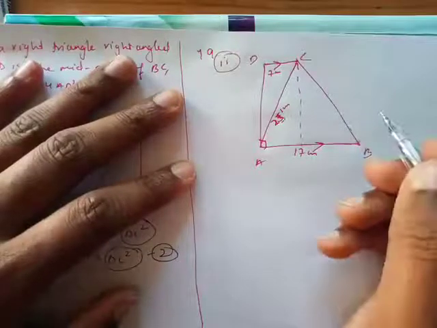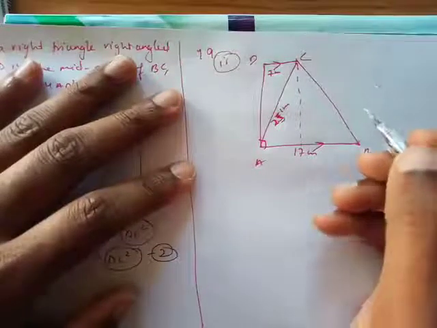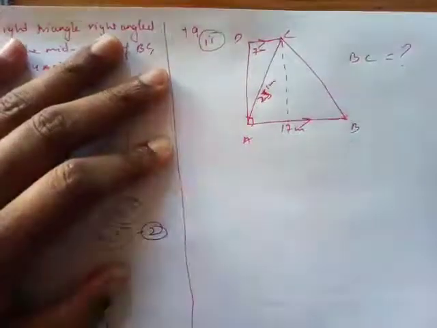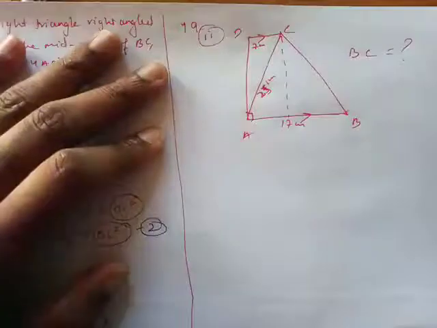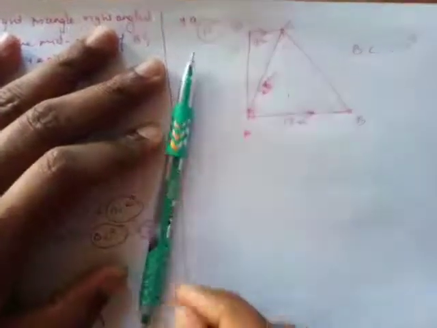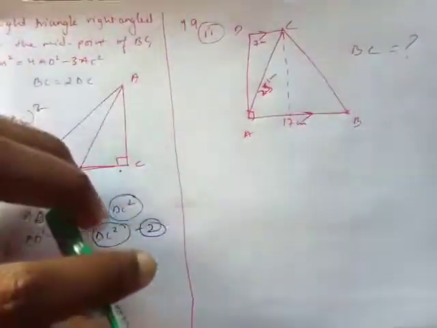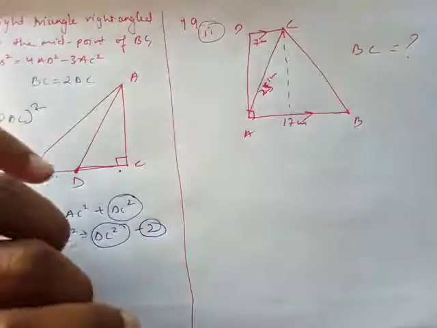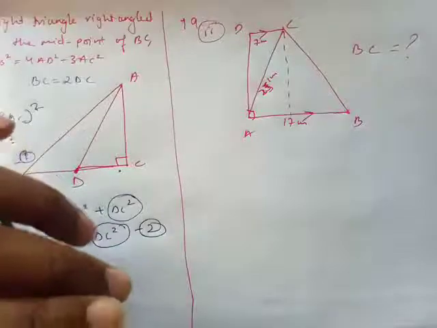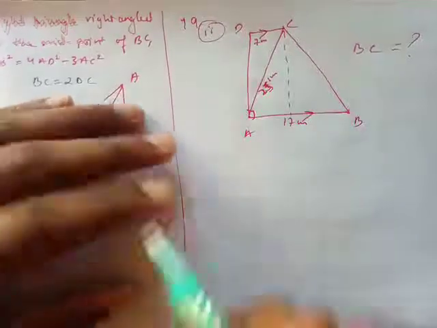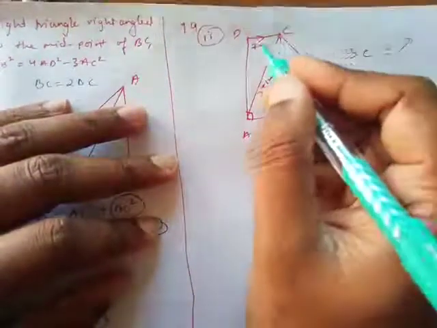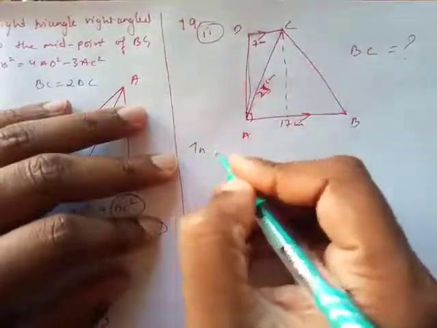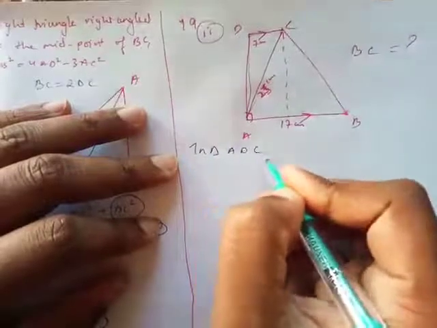Okay, what do I have to find in this? In this question, I have to calculate BC. BC is not given to me. So if you guys see, BC is somewhere here. This is BC. Okay. So the very first job I have to do is find the unknown quantities. So in this triangle ADC, I don't have this one. So I'll say in triangle ADC.